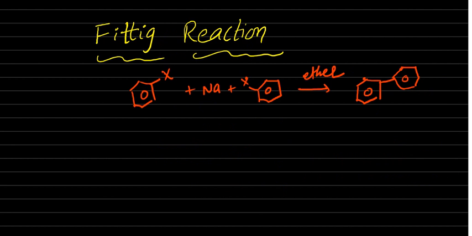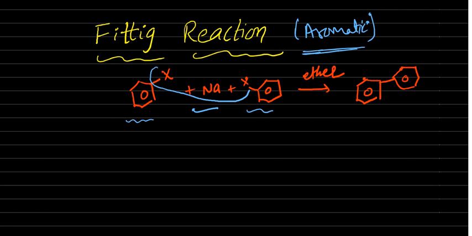Next, the Fittig reaction. What is the Fittig reaction? It is about aromatic compounds. Aromatic hydrocarbons we can prepare. So we are taking aryl halide, 2 moles, in the presence of sodium. What is forming here? NaX is removed and the two phenyls join. This is called biphenyl. This is a very simple aromatic compound. There is not much mechanism here, it's not required. So Fittig is aromatic.